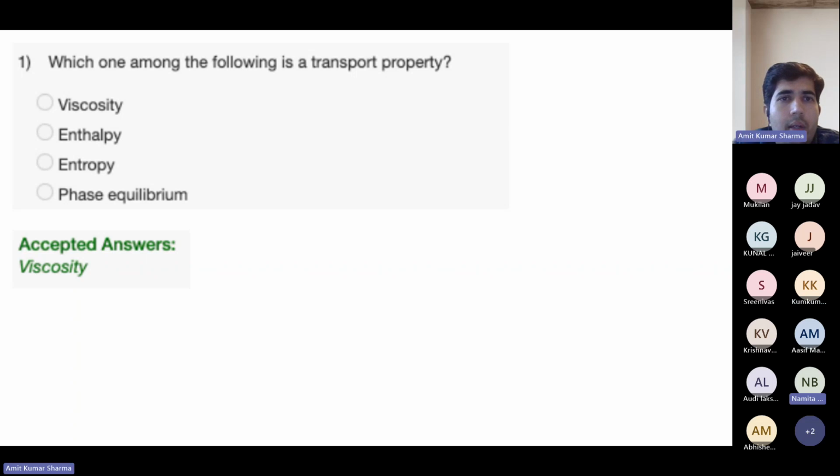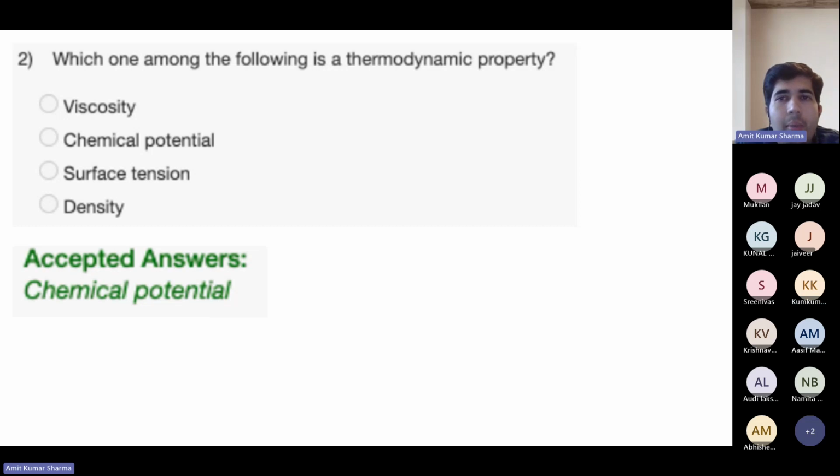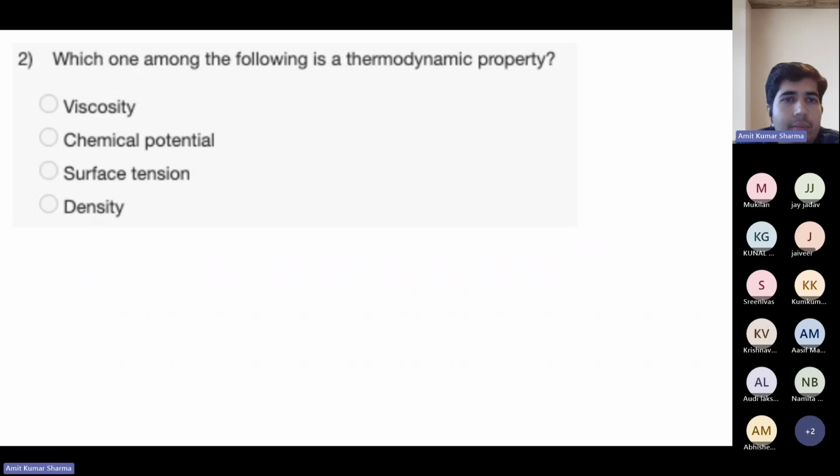Which one among the following is a thermodynamic property? Chemical potential. Yes, chemical potential is a thermodynamic property. Viscosity is a transport property.